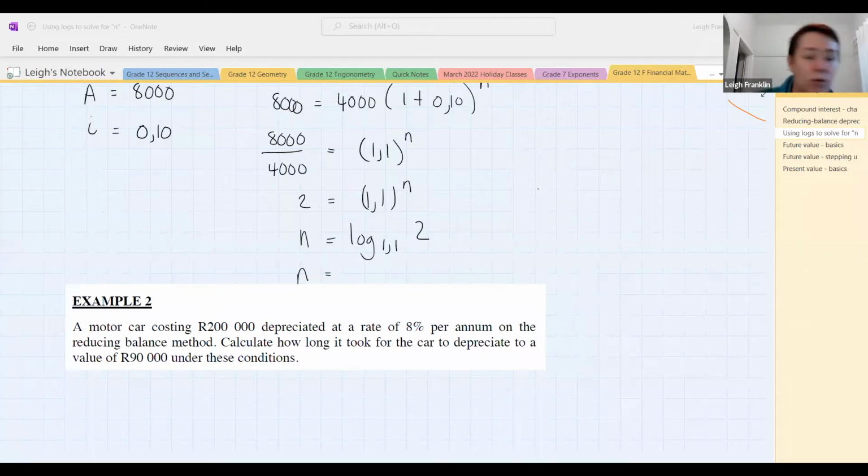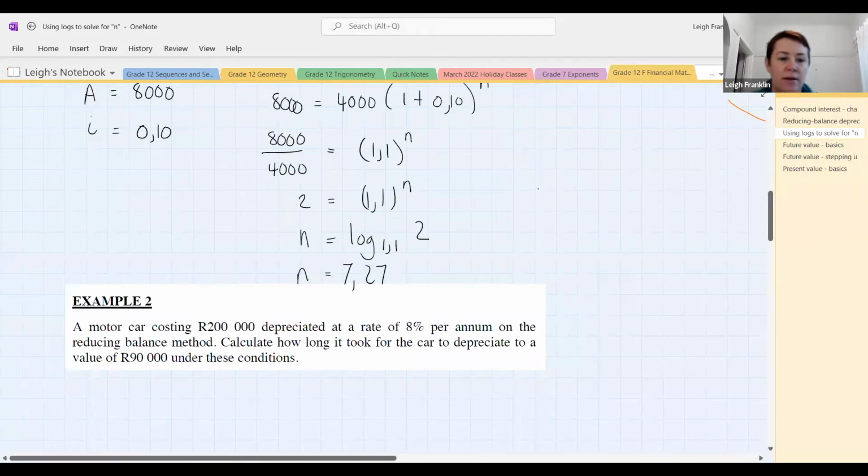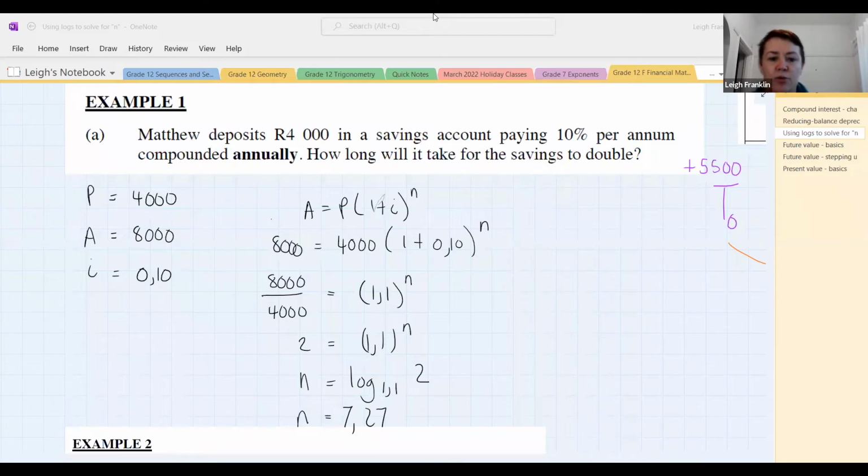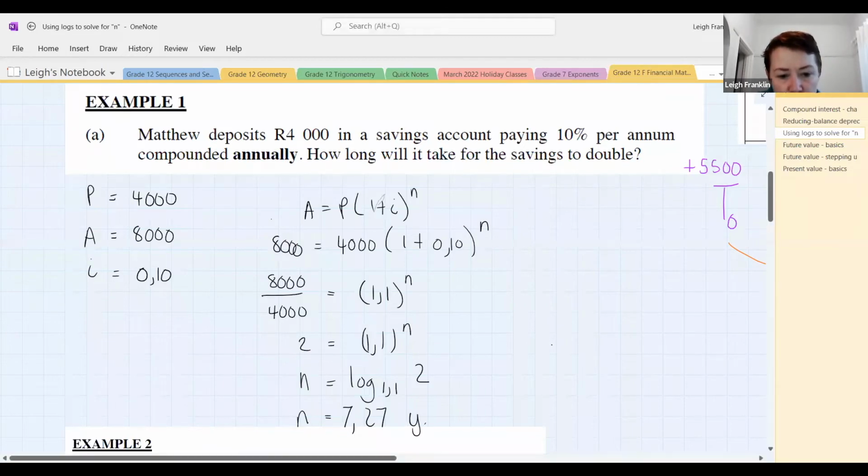Okay, so n is equal to 7,27. What unit is this? Is it months? Is it years? What are we dealing with here? Yes, good answers, everybody. Exactly. Yeah, quite right, guys. Yes, good. Okay, so that's years. Okay, so 7,27 years. Now, if they asked you